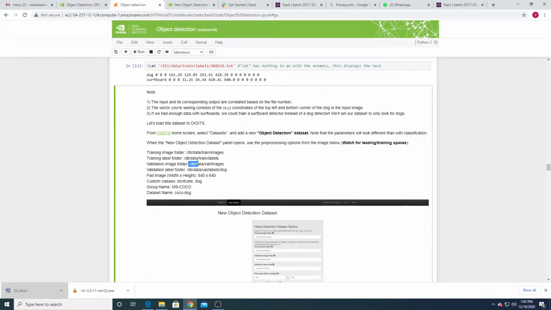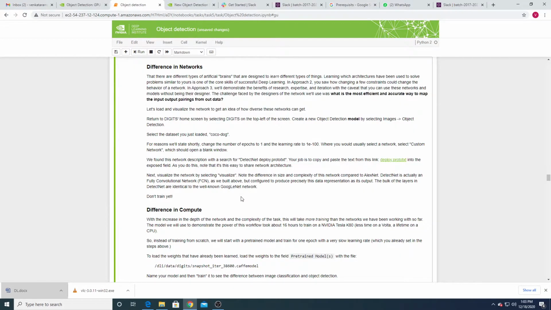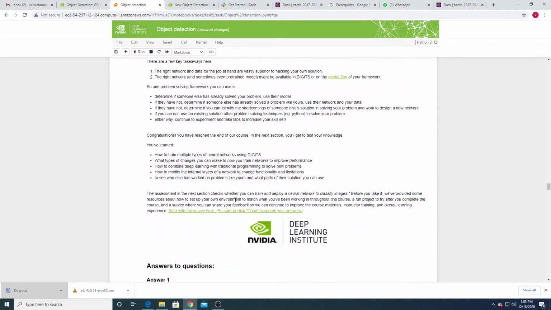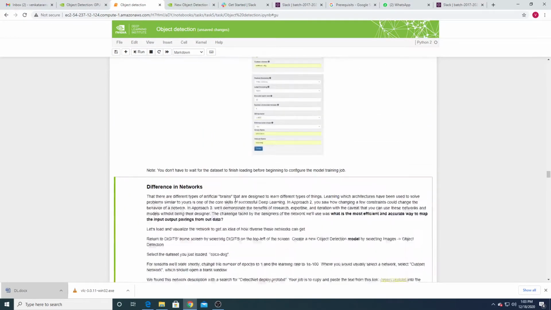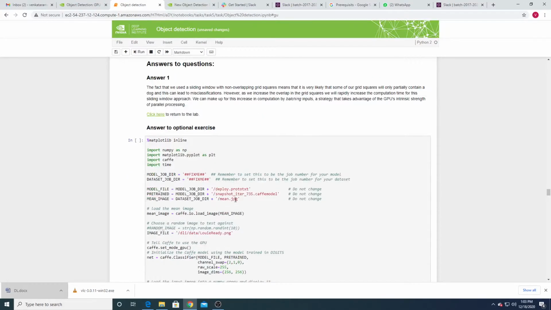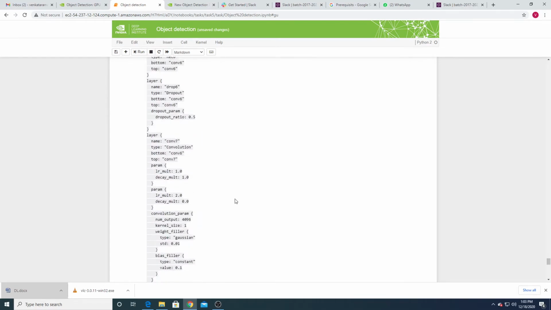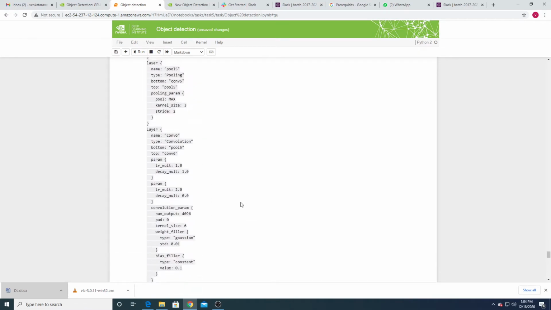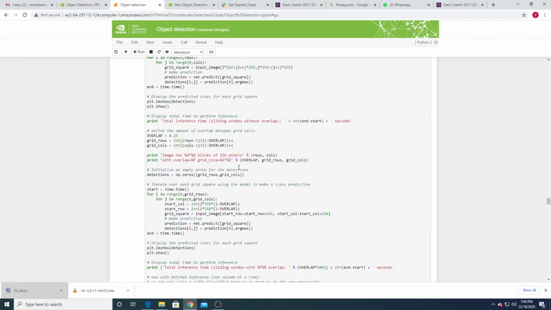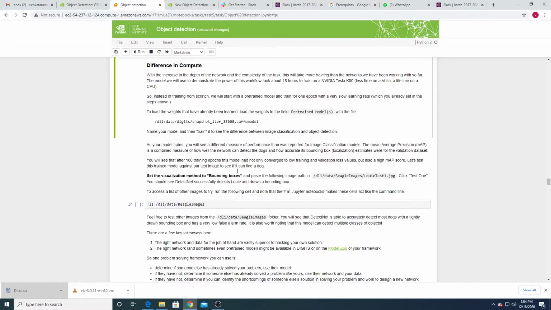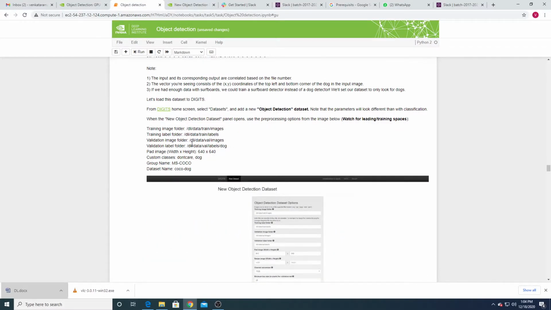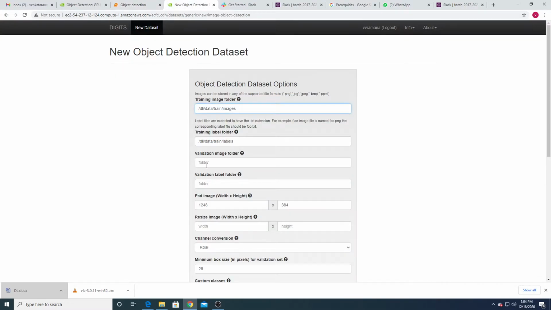What next? Validation image folder, that means validation data. You have to copy this one and paste it in the validation image folder here, and make sure that there is no space.